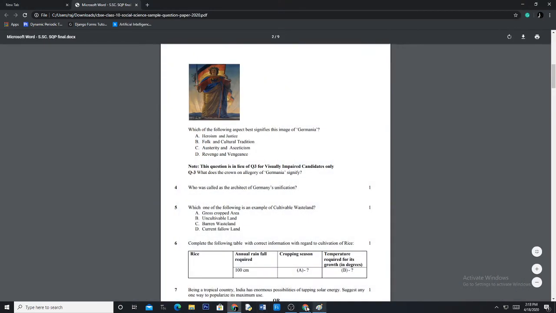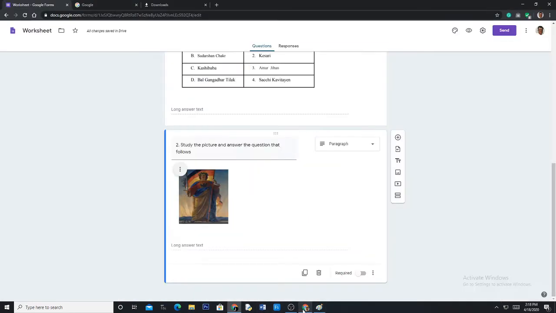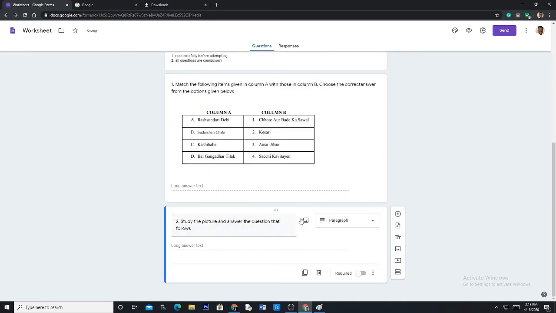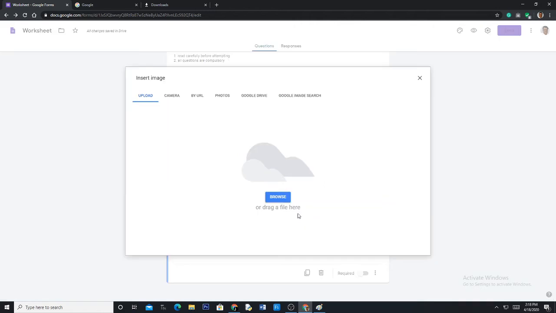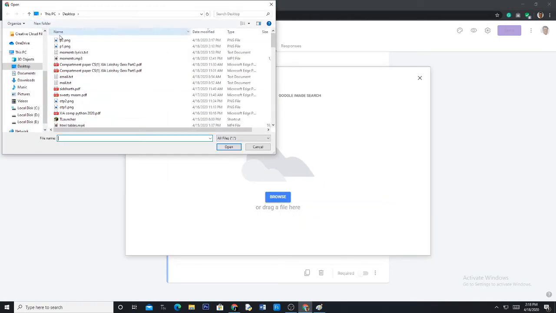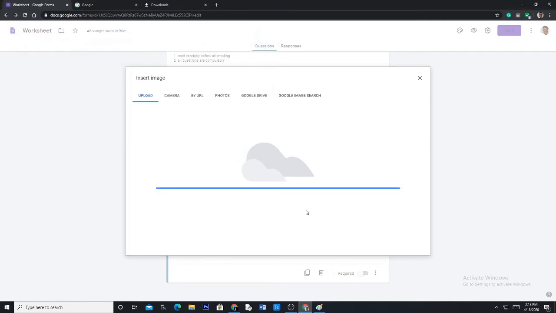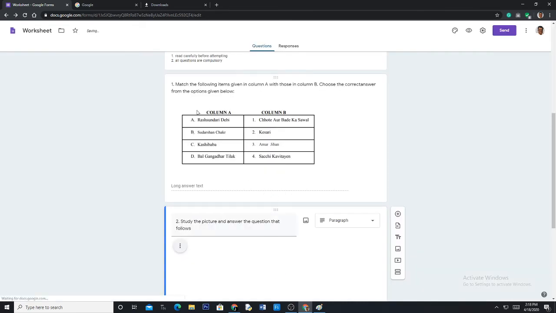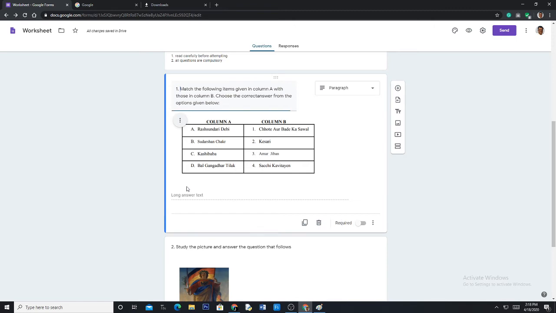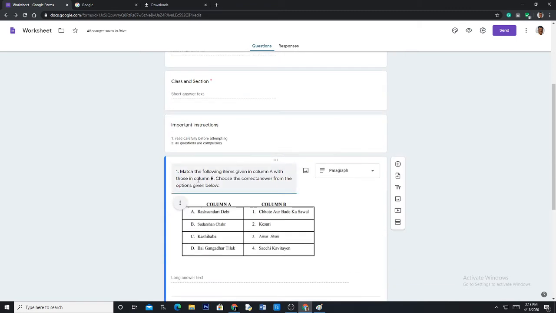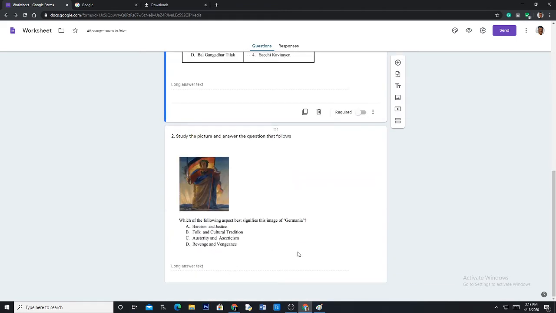Now it is with the text, so I go to my Google Forms. I remove this, this is not required. So how do I remove? From here I click, I say remove. And then I click on this image. Now what I do is I'll use this P2, which is now the changed one with the 4 options. See now, look at this with the 4 options, then the child will answer here. Fine. So the first question, second question, now we'll have the third question.